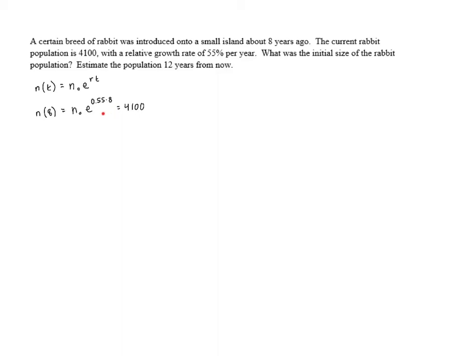To do that, we need to divide both sides by this power of e, giving us N naught equals 4,100 over e to the 0.55 times 8. And when we use a calculator to approximate this, we get an approximate value of